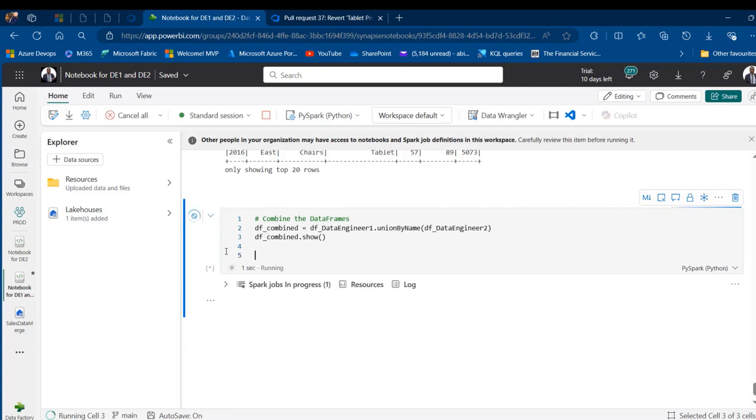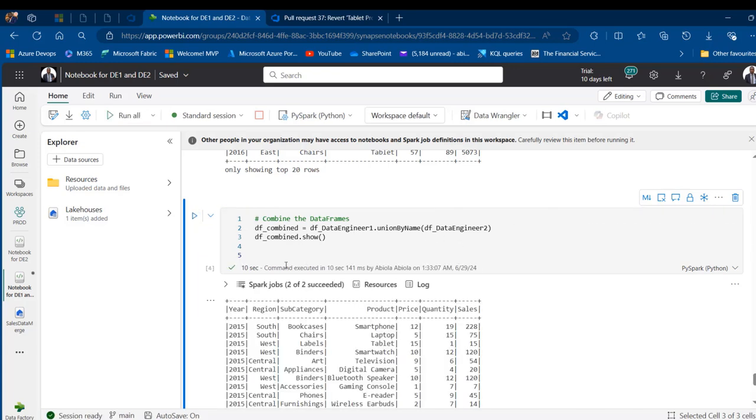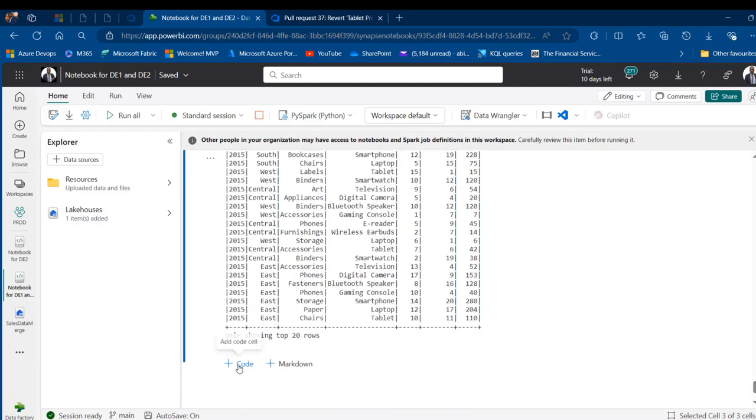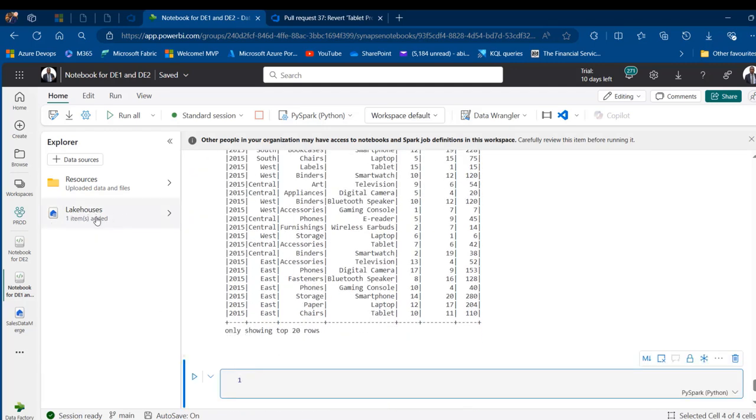So when I press Control Enter, we're going to have this result for the combined data frame for the data engineer 1 and 2. So there we go. Code executed in 10 seconds, 141 milliseconds. So we're going to have the 2015 and 2016. So I can go on, and now don't forget this is attached to the workspace we created, this sales data